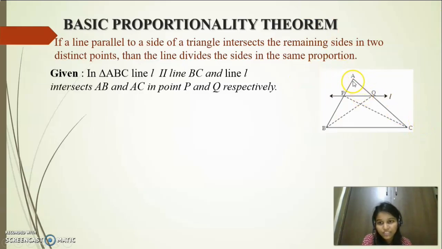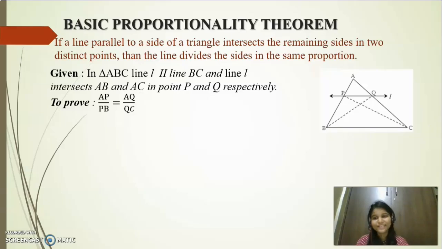So you have to say that this segment upon this segment is equal to this upon this. So what will be your to prove? AP upon PB is equal to AQ upon QC. So in BPT you have to prove that